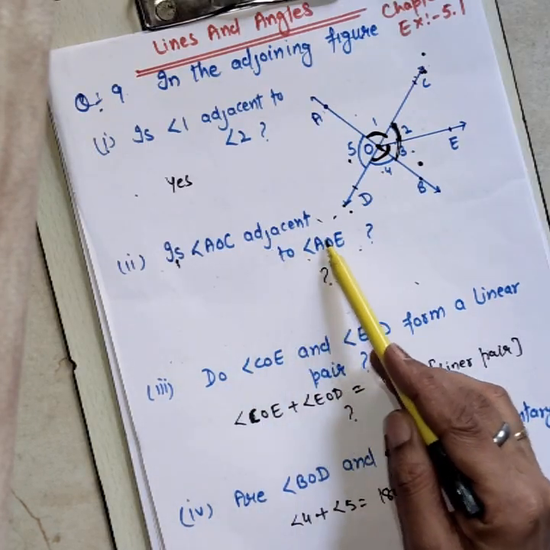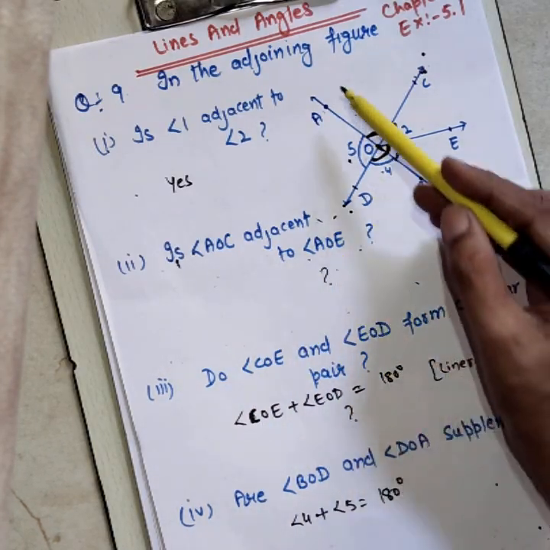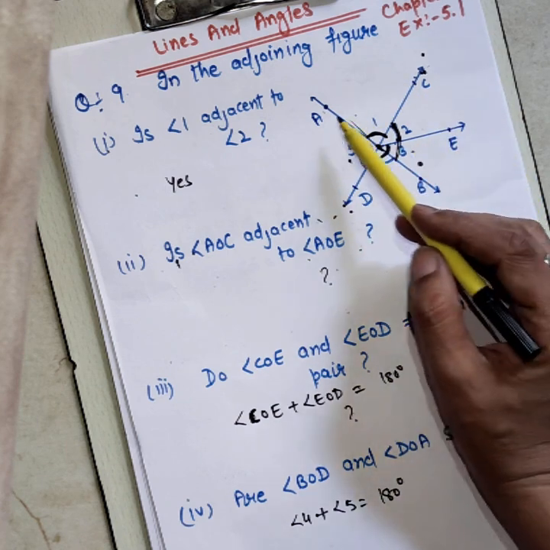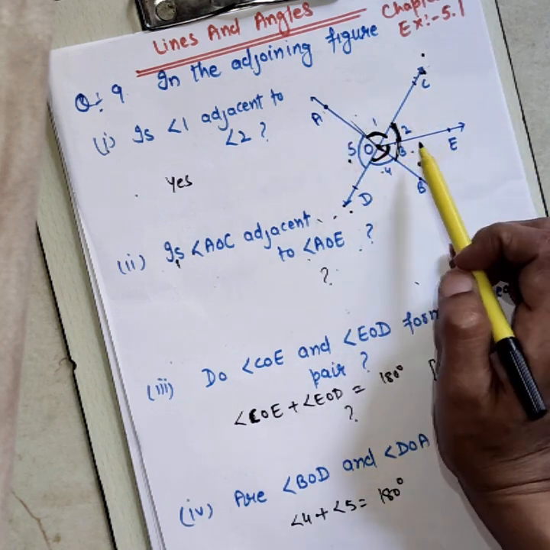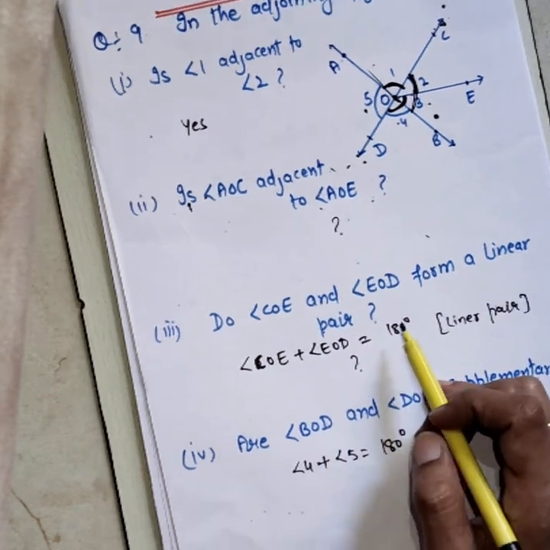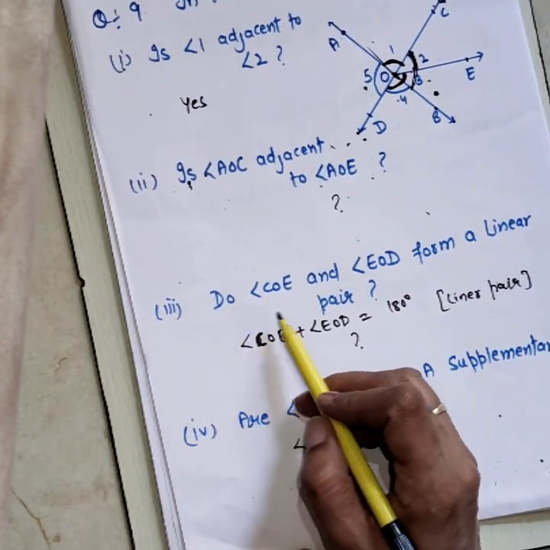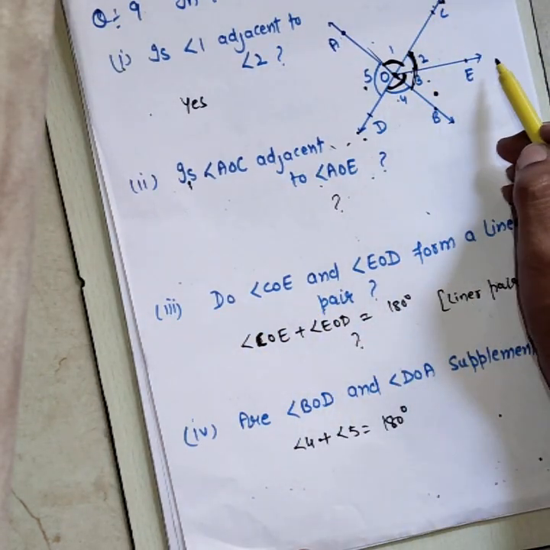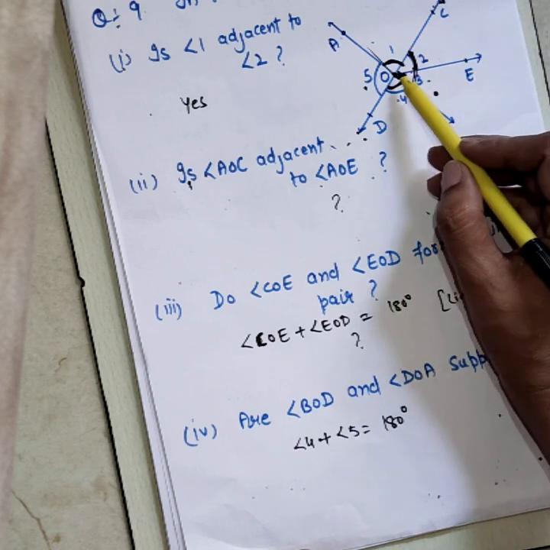Next, is angle AOC adjacent to angle AOE? AOC, AOE. Are both of these adjacent angles? Do it yourself and comment in the comment box. Next, do angle COE and EOD